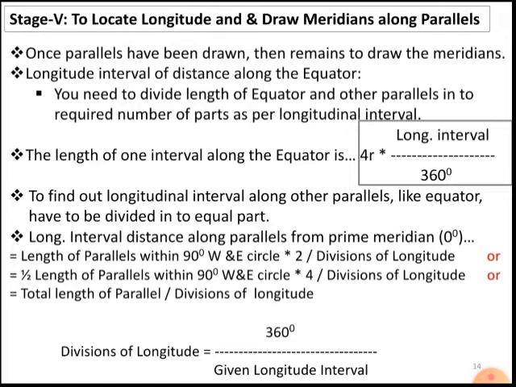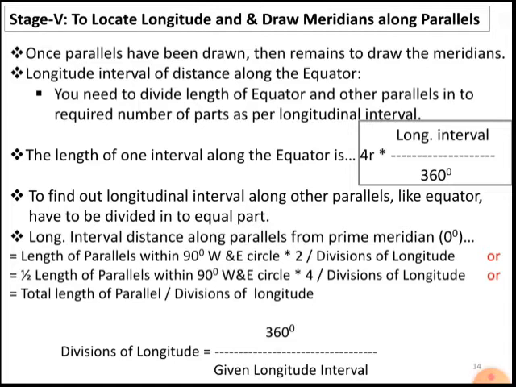If you take a length of parallel within the 90° east and west and multiply by 2, divided by the division of longitude, this is one, or 1/2 length of the parallel. That means within the circle, whatever the length of the equator or the other parallel, if you take half of it, one side, and multiply by 4, the meaning is the same. In the first case we are multiplying by 2, in the second case we are multiplying by 4, divided by the division